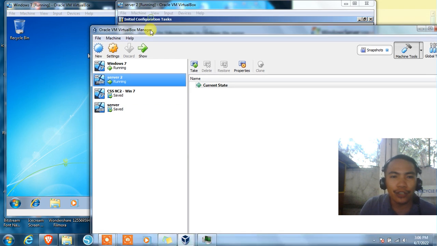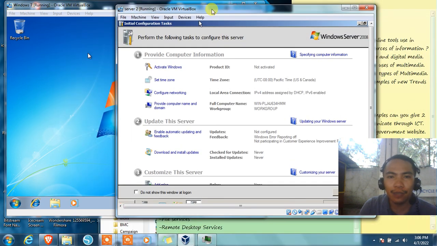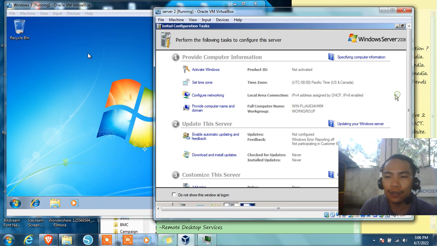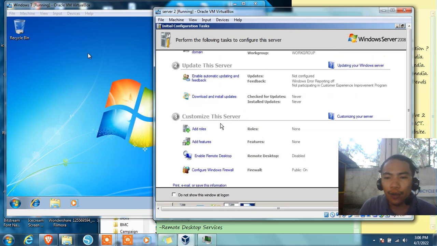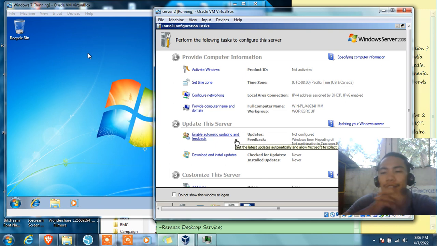Okay, it's finished for this virtual machine. Now we're going to set IP addresses for our computers. For our server, we're going to set the IP address as 192.168.10.2. The IP address for our default gateway, or for our router, will be